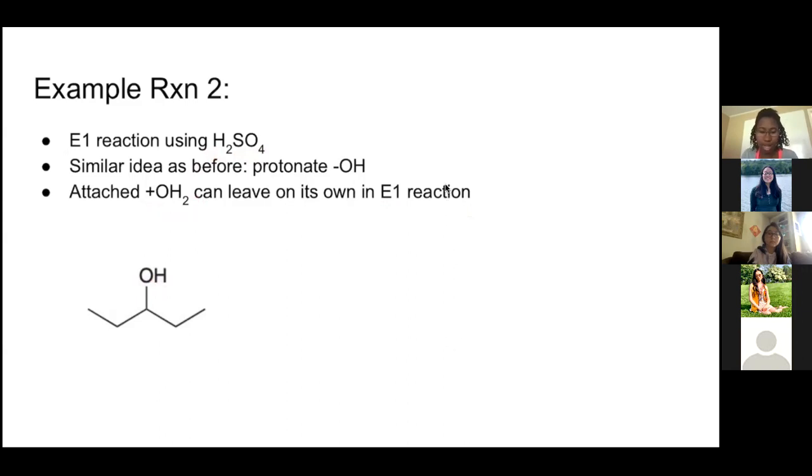So I'm going to go ahead and draw out the H2SO4, which is drawn a bit differently in organic chemistry than in general chemistry, as you can tell by all the bonds around the sulfur. Anyhow, just as we did last time, I'll draw the lone pairs around the oxygen on the alcohol group, and we will go ahead and attack the hydrogen on the H2SO4. And just like last time, this oxygen will go ahead and take the electrons in this bond between the oxygen and the hydrogen. So what we are left with is a molecule that looks kind of like this,